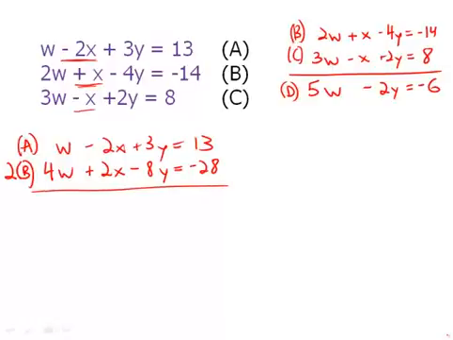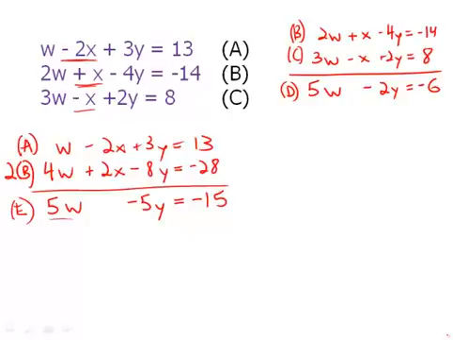All right, so very good. So now, again, add straight down. I get 5w, the x's cancel as predicted. I get negative 5y equals negative 15. Now, ordinarily, I would say, gee, all of these are multiples of 5. Wouldn't it be easier to divide by 5 and get smaller numbers? Then that might make it very easy to cancel, to substitute, to do all kinds of things. But I'm not going to do that. I'm going to call this equation E as is,